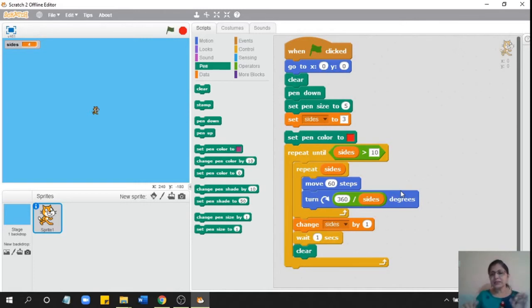So till 10 sides I want this. So I am giving this outer loop for the different sides. The inner loop we just saw is going to draw one polygon of whatever sides I mention here. Okay, now let us just check this.